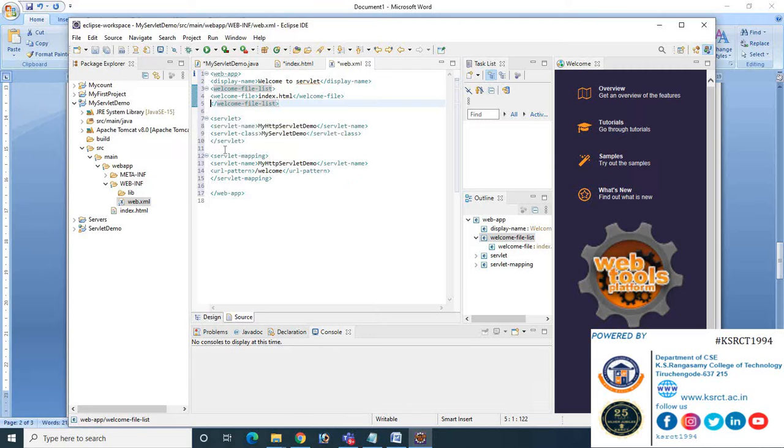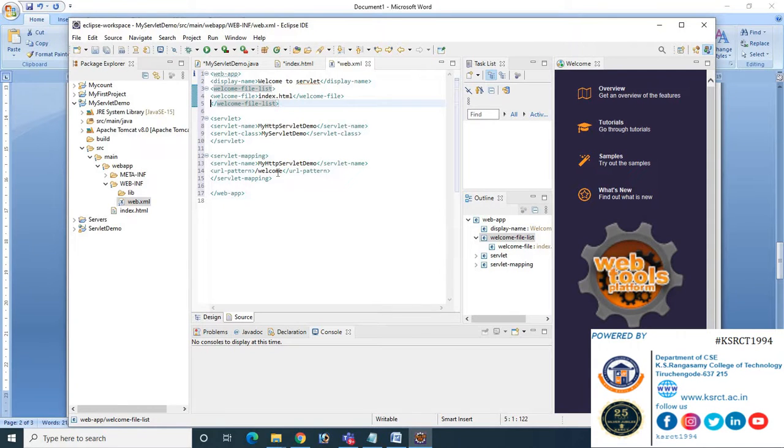After that, within the servlet tag, we have to give my http servlet demo to my servlet demo. That is, the HTTP servlet demo is mapped with my servlet demo, and then in turn the my HTTP servlet demo is mapped with the URL welcome.